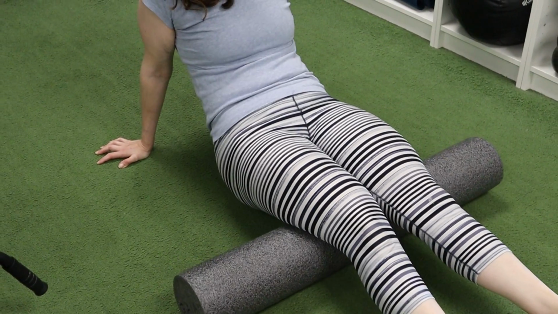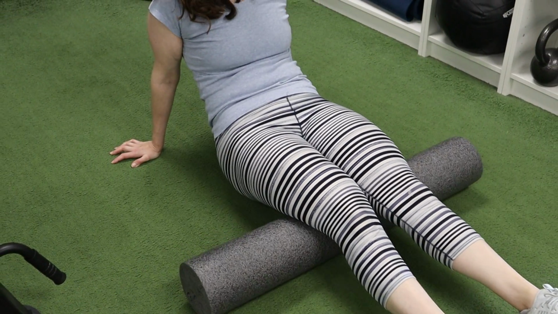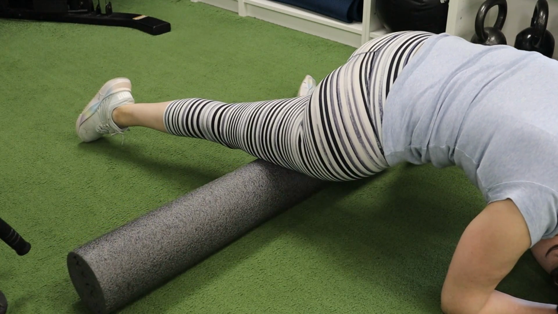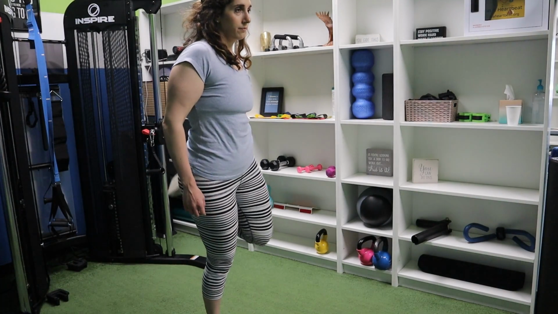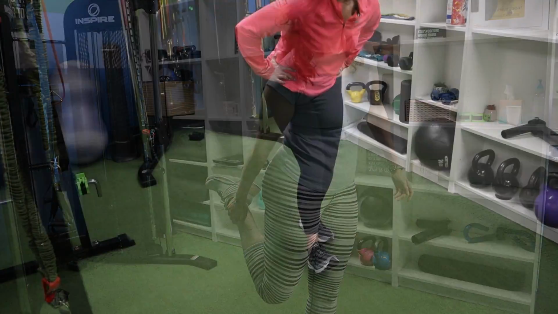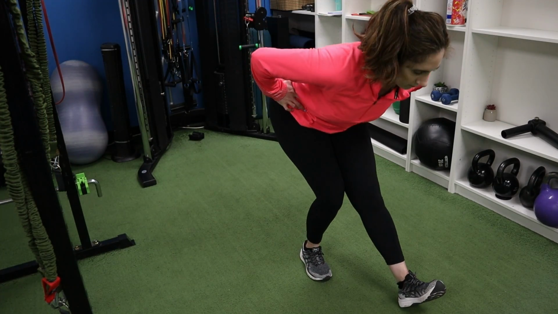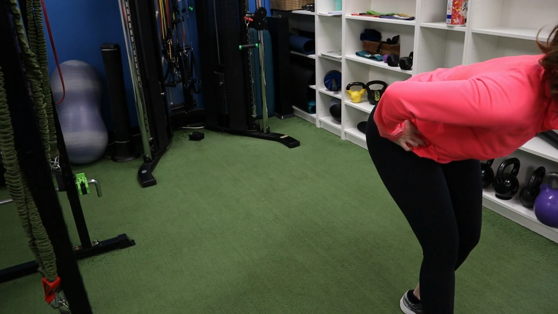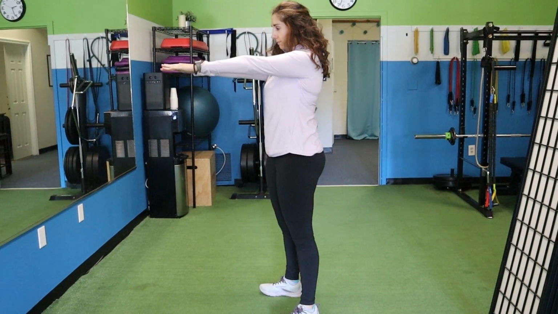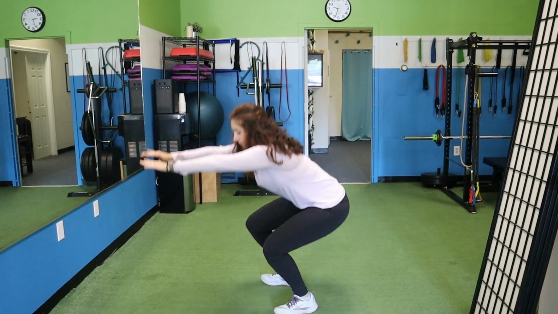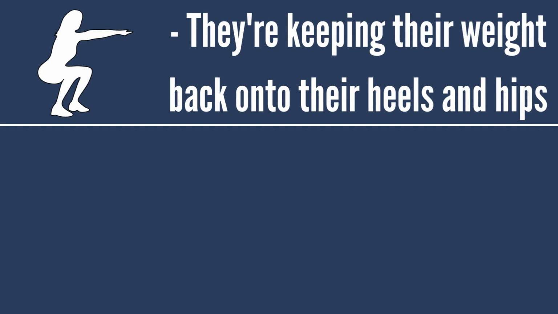We might kick things off with some foam rolling or self-myofascial release of the hamstrings and the hip flexors. After that, we might move into some walking quad stretches. And then after that, we might move into some of these walking hamstring stretches. And then after that, we'll round out this dynamic warm-up with about 15 or so bodyweight squats.